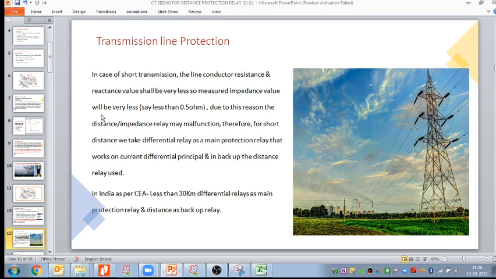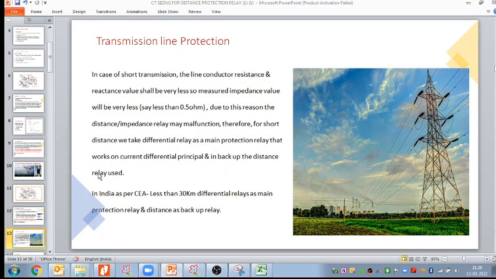Yes, we'll come to that, Krishna, the mho relay and quadrilateral. All that we are going to discuss in the distance relay calculations. Okay. So low impedance and fault location is not an issue for the short line. I hope this statement is adding